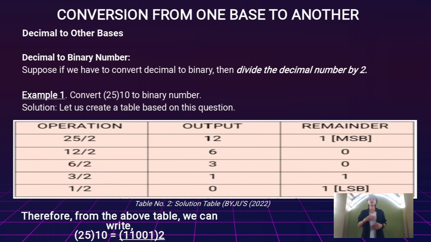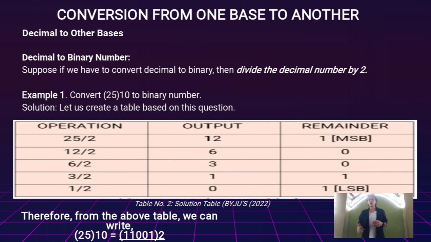Then 1 divided by 2 is equal to 0 with a remainder of 1. So if we divide the 1 by 2, the answer would be 0.5. Because we have 1 decimal, or 1 remainder, which is the 0.5, that's our remainder, the 5. So therefore, from the above table, we can write the conversion of decimal to binary number as